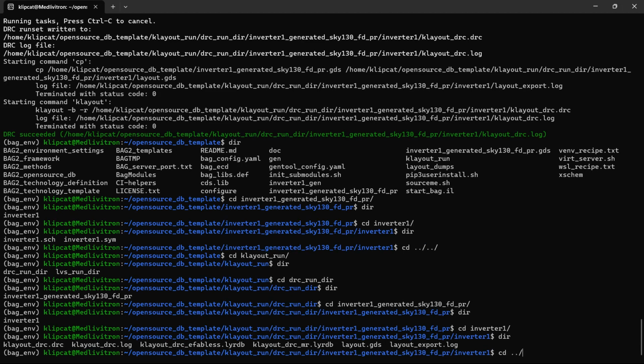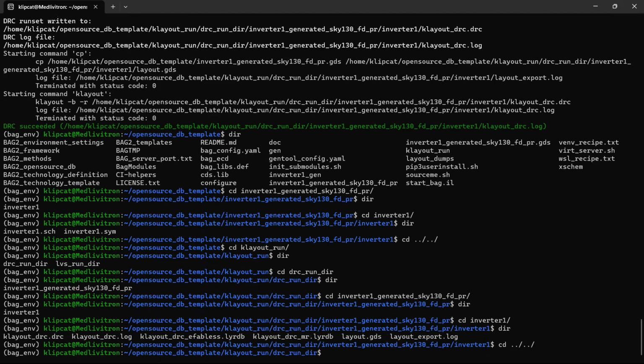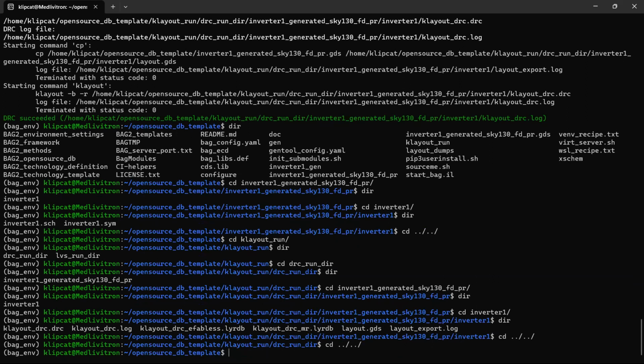Similarly, you could also view the report files generated during an LVS check. And if you don't want to do this hard way of traversing through directories, there is also another very helpful command. Let's say you want to do a DRC check, and you want to open the report. There is a switch here called G, which stands for show GUI,